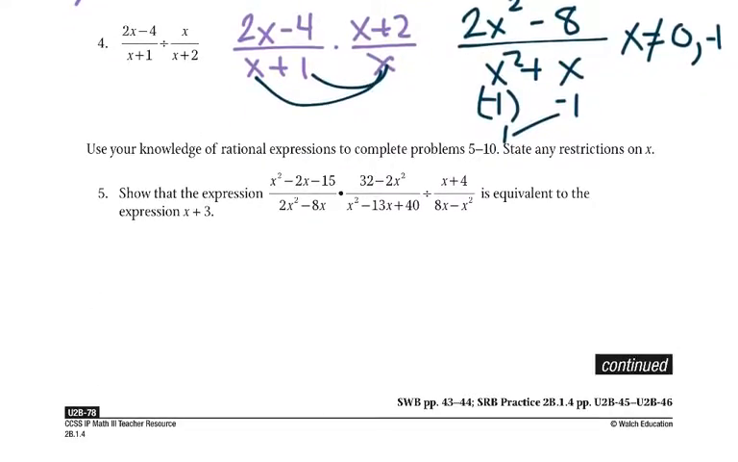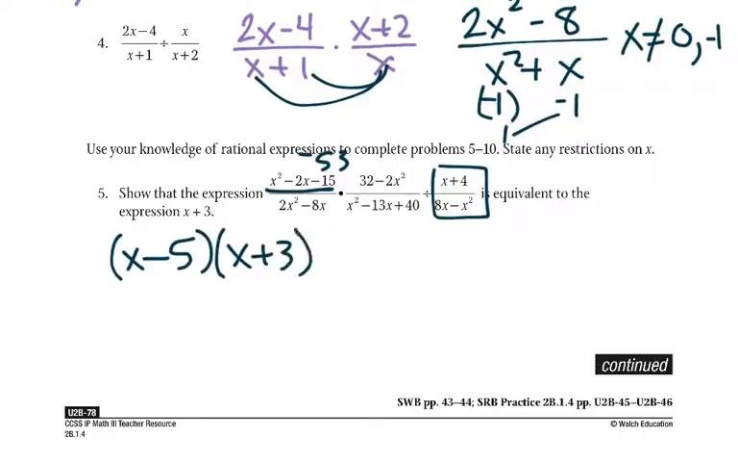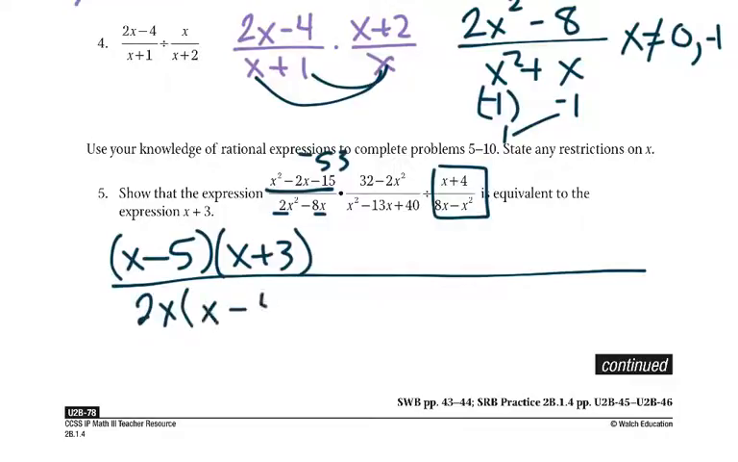Okay. Number 5, it says use your knowledge of rational expressions to complete problems 5 through 10. So this one's going to get switched. But let's start simplifying. 15, 5, and 3 make a negative 2, negative 5. So we get x minus 5 times x plus 3 over, and we're going to go the whole way, pull out a 2 and an x, so times x would be left over minus 4, times, this one we don't have to flip, so we can pull out a 2,